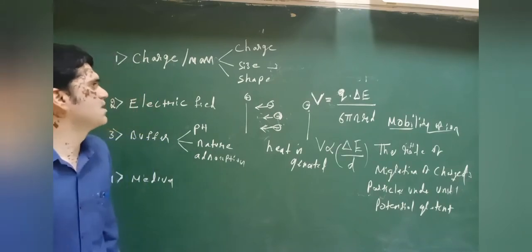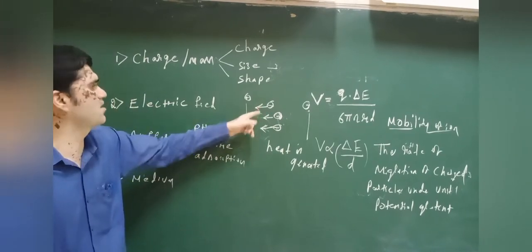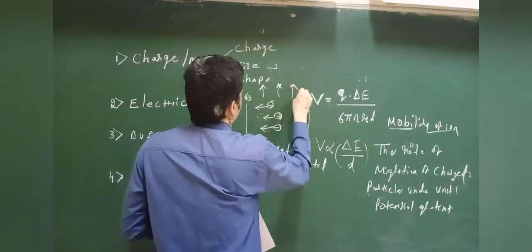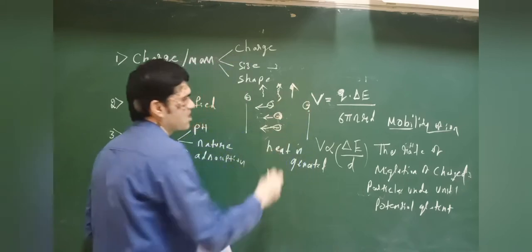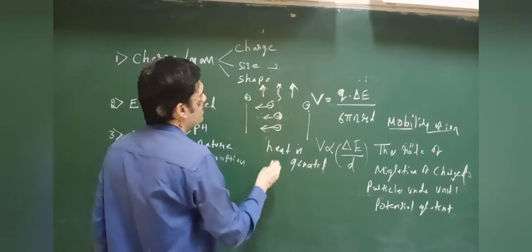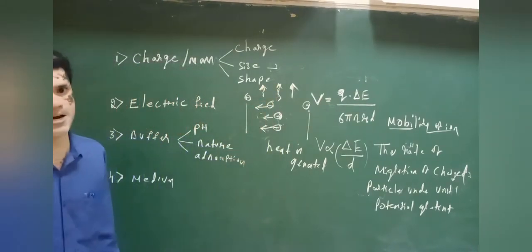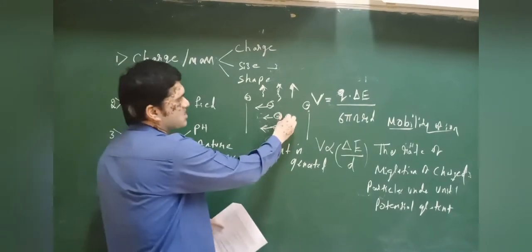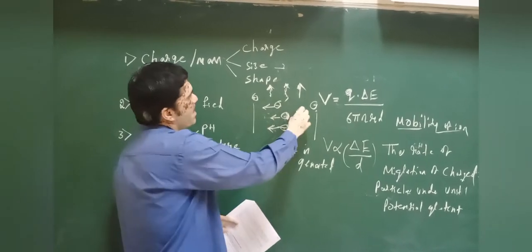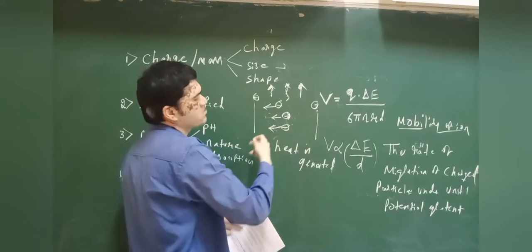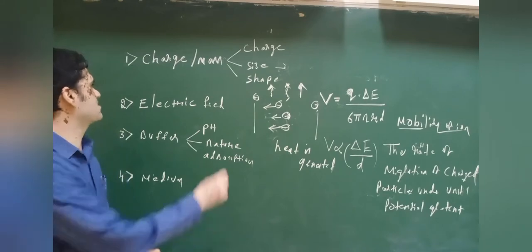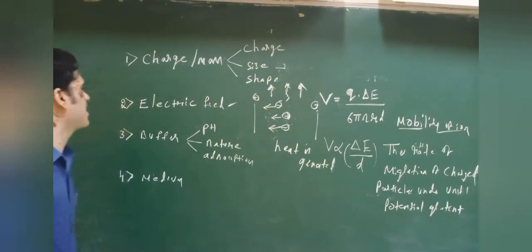At the same time, evaporation of buffer is also another challenge here. As the system gets heated due to current flow, the buffer gets evaporated and the solution becomes concentrated. In this case, since the concentration of buffer is increasing, more charge is carried by buffer ions rather than sample, and therefore the movement of sample will slow down. So our separation will get affected. So this is the effect of electric field.